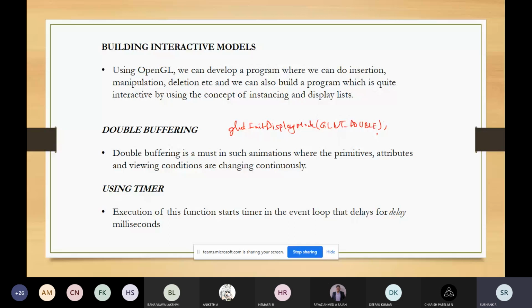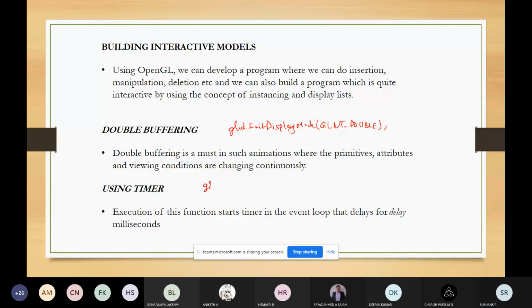The execution of this function starts the timer in the event loop, where it will delay for the milliseconds which we pass. When the timer has counted down, the timer function will execute, and the value parameter allows the user to pass variable values into the timer callback.